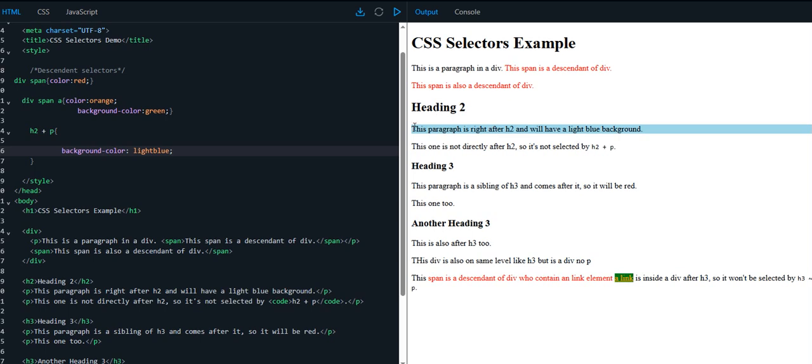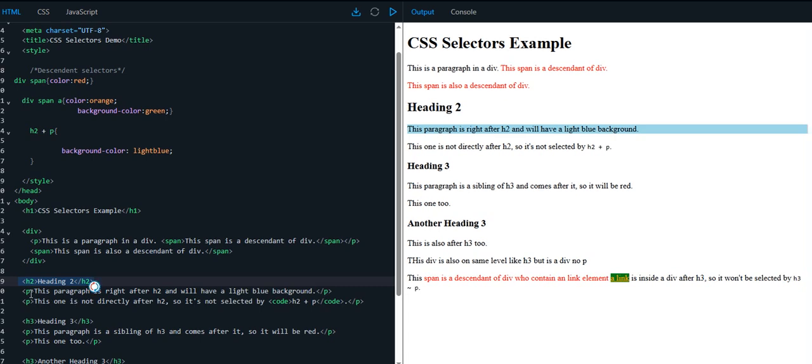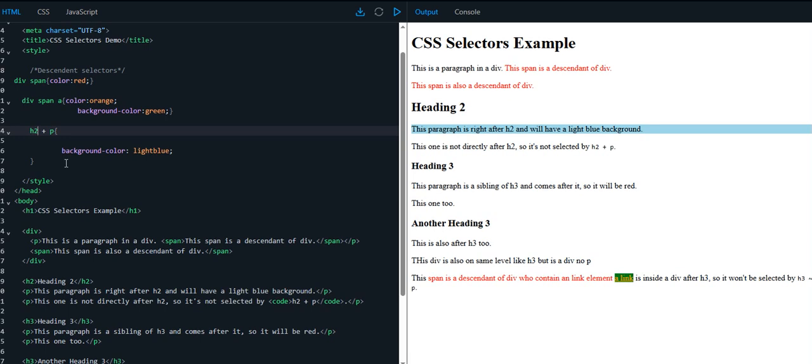This is heading 2. This paragraph is right after heading 2 and will have a light blue background. I have heading 2, and the first paragraph is this one, okay. If I put, for example, heading 3 here,